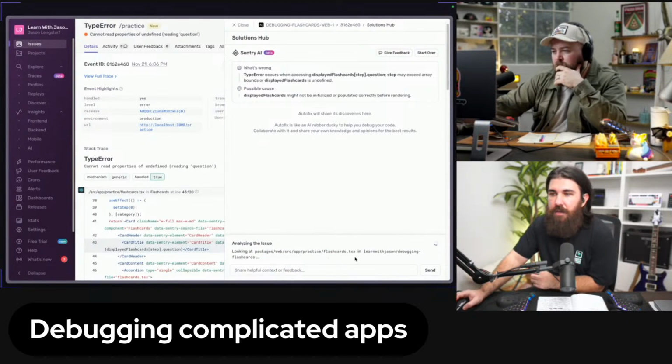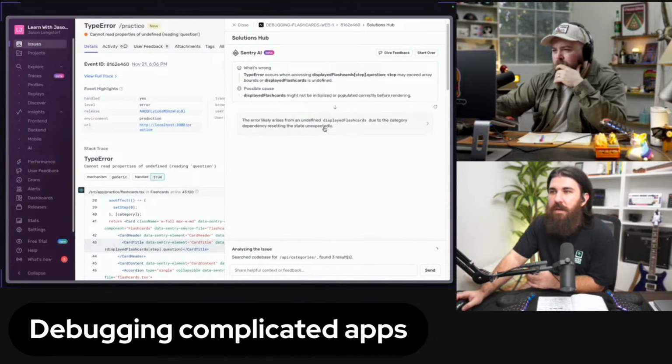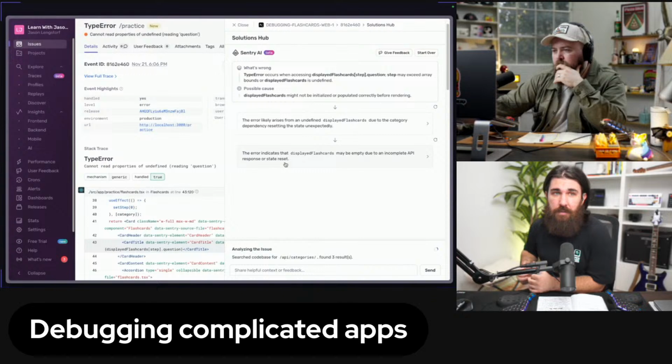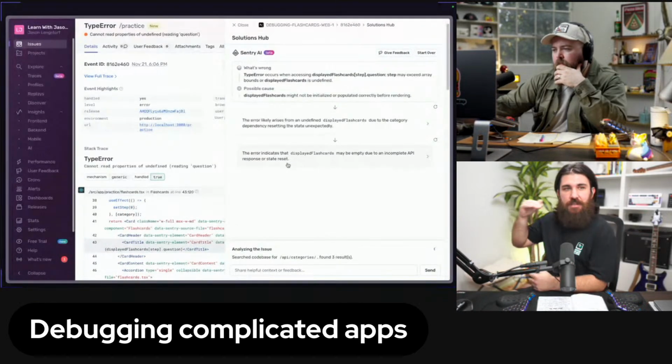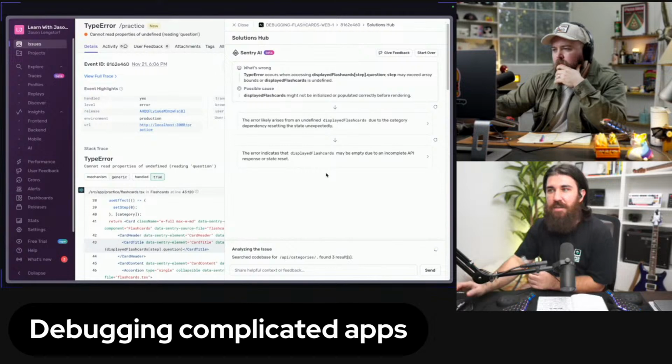It's looking at the source. Arises from the undefined display flashcards due to the category dependency. Nice. Indicates that the display flashcards may be empty due to an incomplete API response or state reset. Okay. So it's going to give us these little messages, but there are actions later. So it's thinking. We can see it thinking down here.